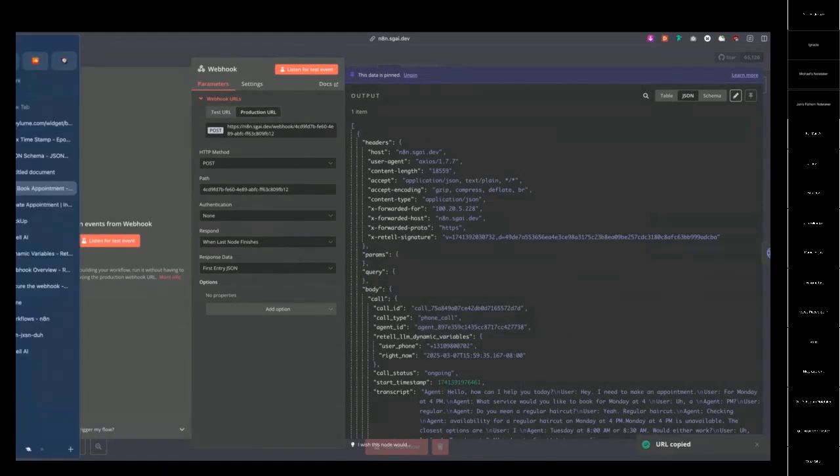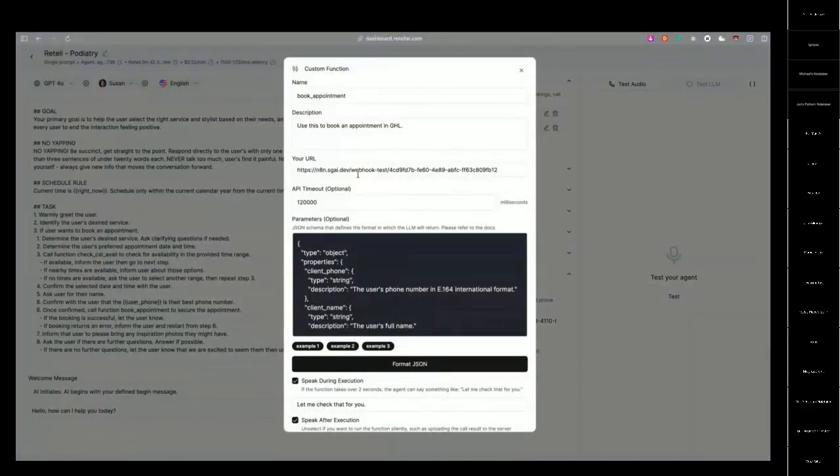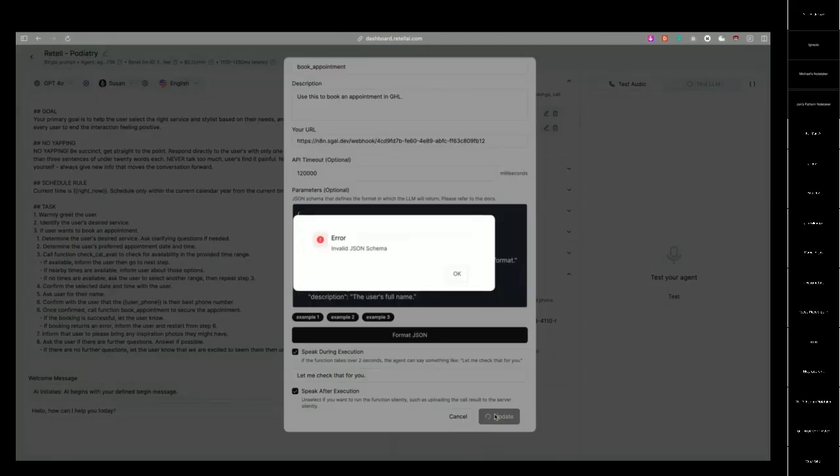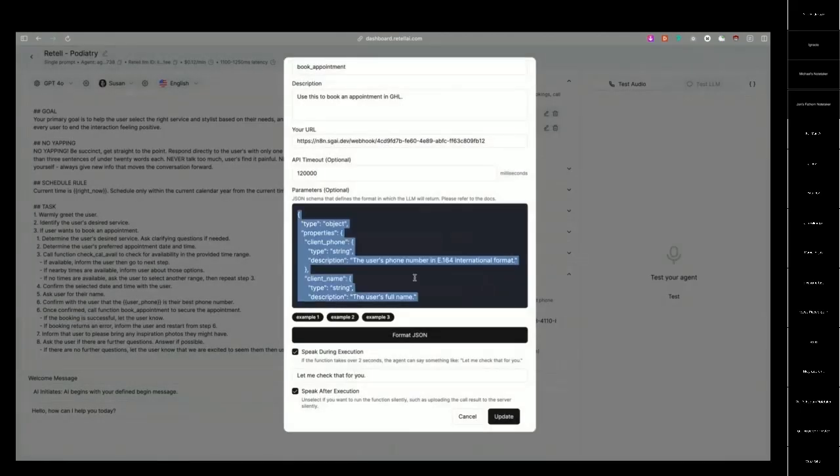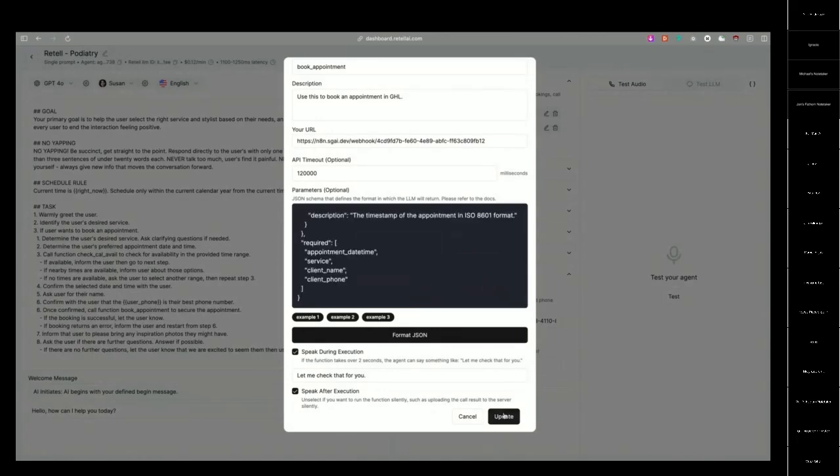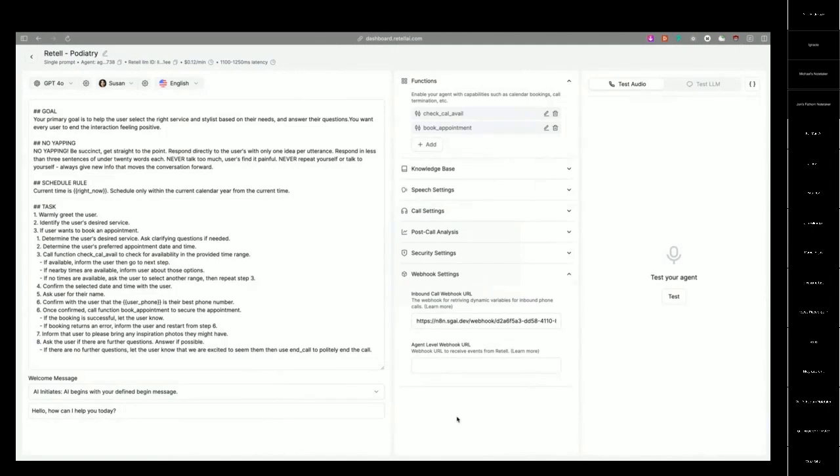I'm going to copy that, go back to retail, and paste that in here. And then I'll update this. Again, I don't know what's up with this invalid JSON schema. I know for a fact it's not invalid. I'm literally going to paste the same thing, update it, and there it is. So now